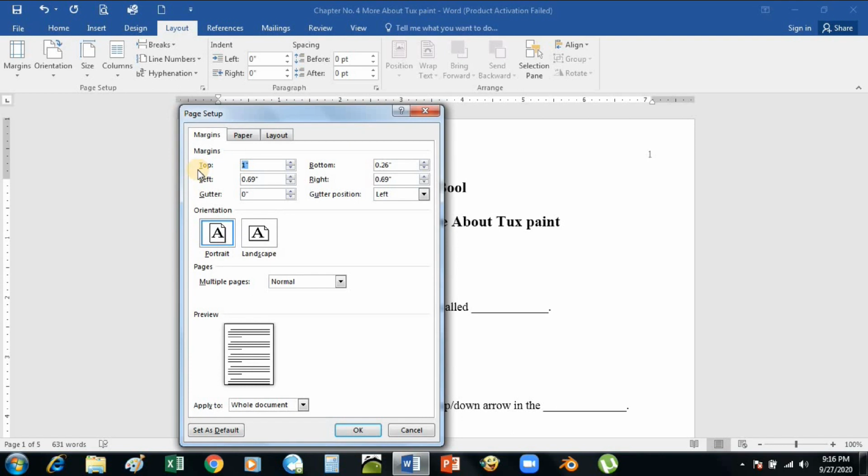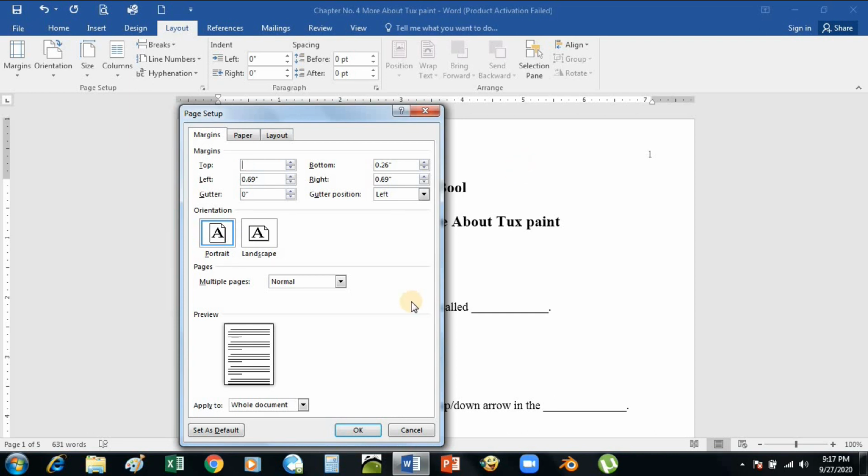Here in the custom margins, the first tab is page setup margins. As you can see here, the top margin is set as 1 inch, but we are going to change it. How to change it? Either you can select and delete it, and write 1.5 here, and it will be set as we click OK.